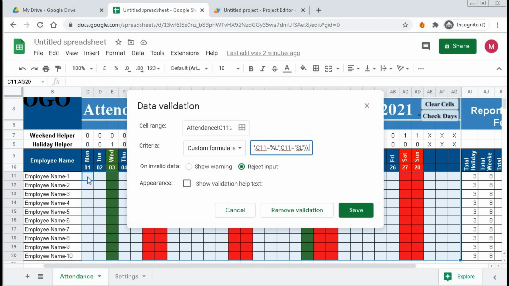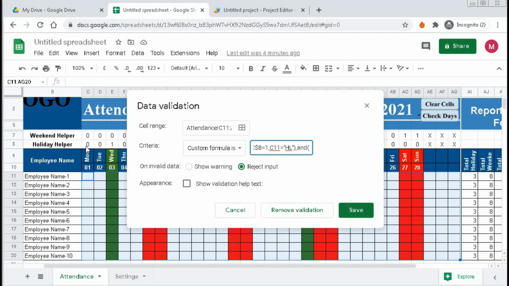So here it will be C11, and this cell equal to 1, that is C$8 equal to 1, comma, C11 equal to HL, bracket close, comma,